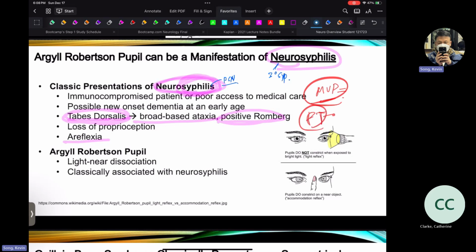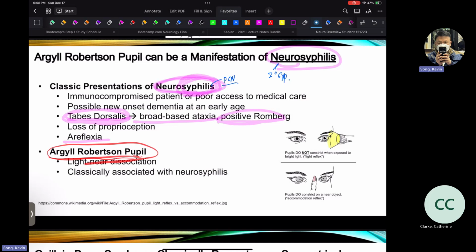With the exception at the beginning of this class, I just told you a little bit about an exception, but it's a rare exception. Pain and temperature go together. All right. So now another important thing about neurosyphilis is the Argyll Robertson